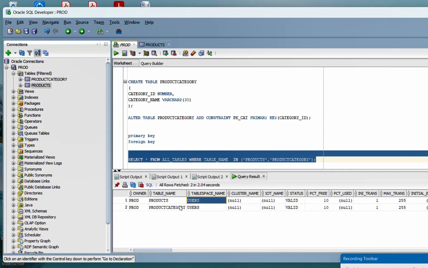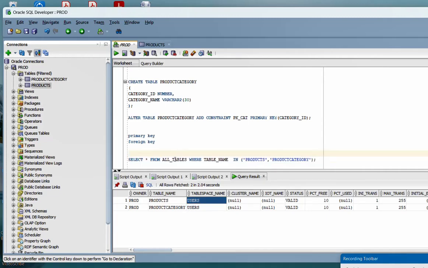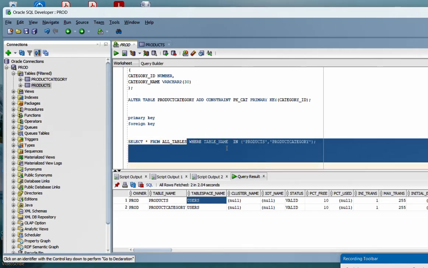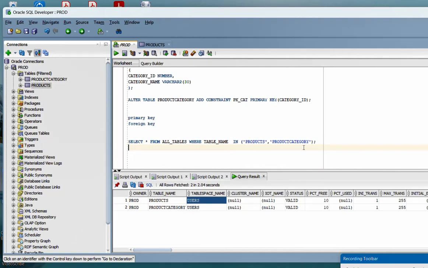If you want to see what all tables are available in the database, you can query all tables, and if you want to see your table, then you need to give the table name in the where clause. Okay, now let's